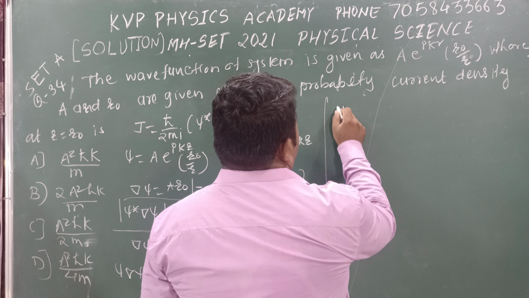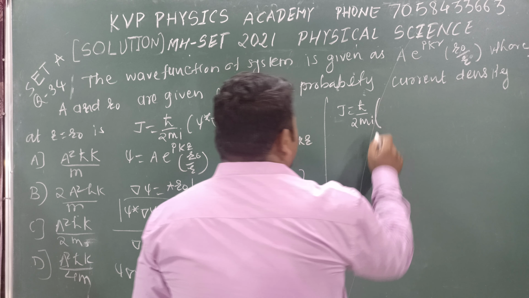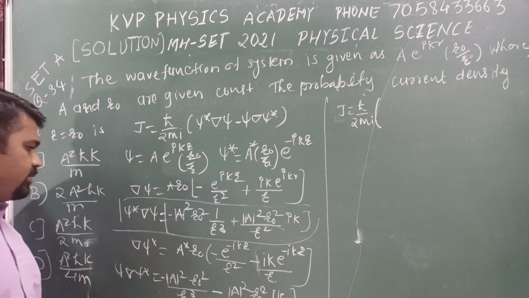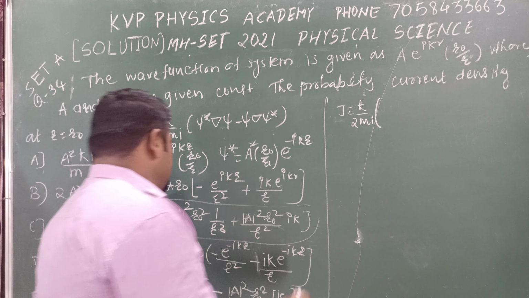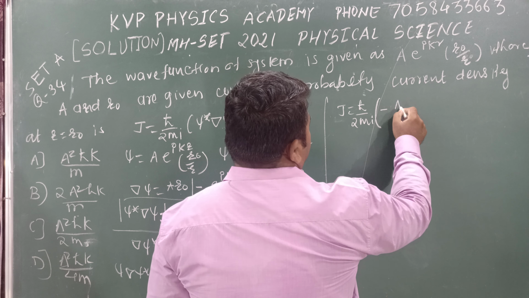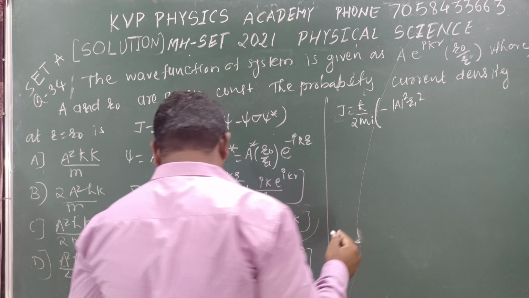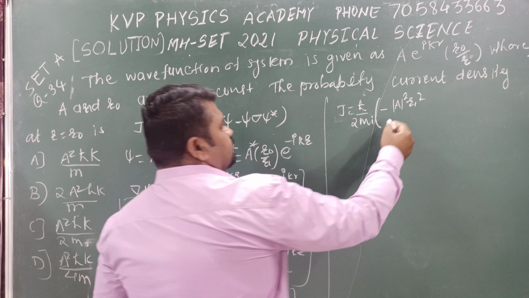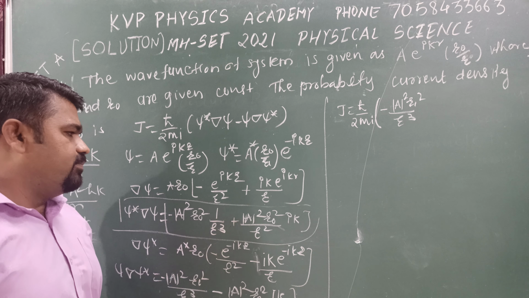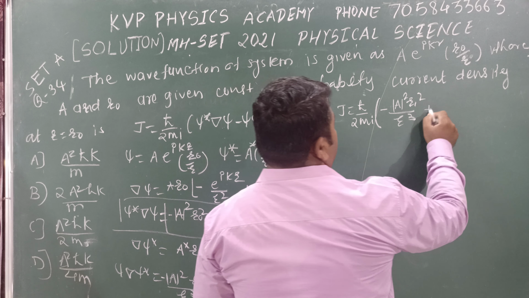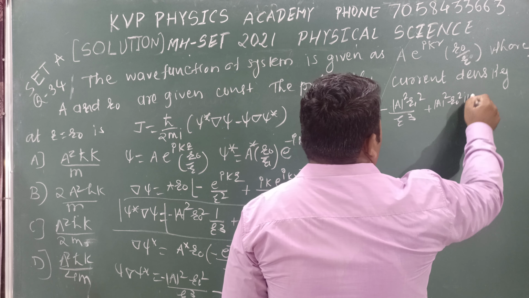Then current density J is equal to, yes, h cross upon 2mi. Substitute the 1 by 1 value. First one, psi star del psi is equal to minus mod a square r naught square, mod a square r naught square upon r cube. This one is the first term. Second term, mod a square r naught square ik